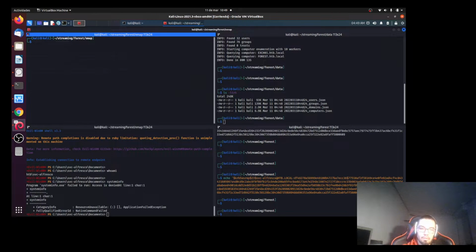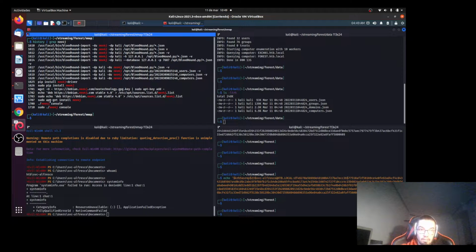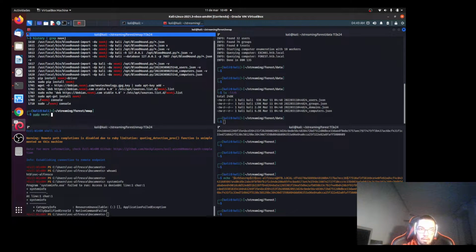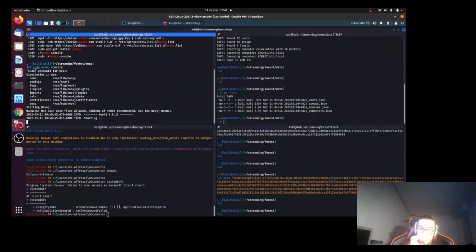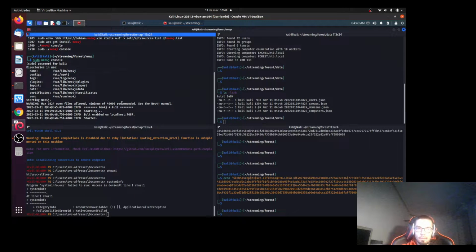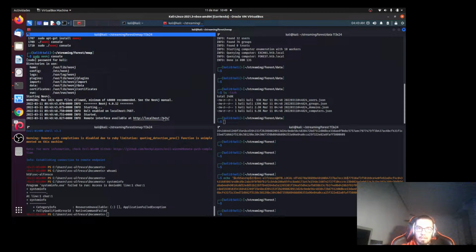Let me check the history, grep neo4j. Neo4j, yeah. Maybe it is sudo neo4j console. Yes. This starts Forest,